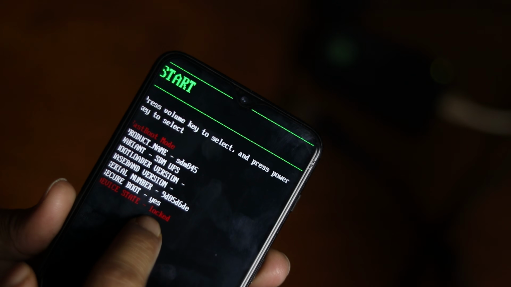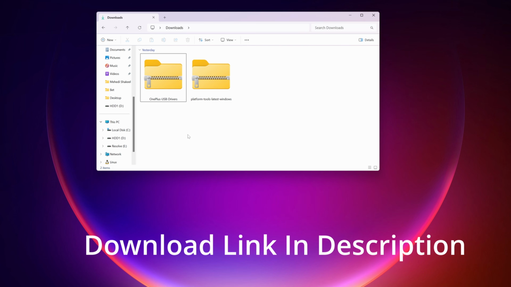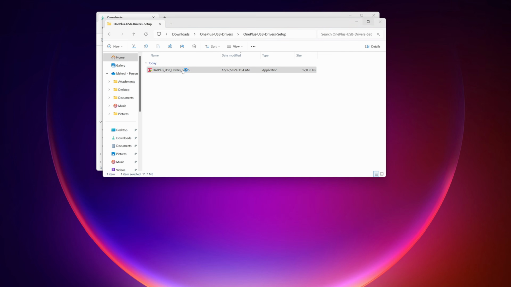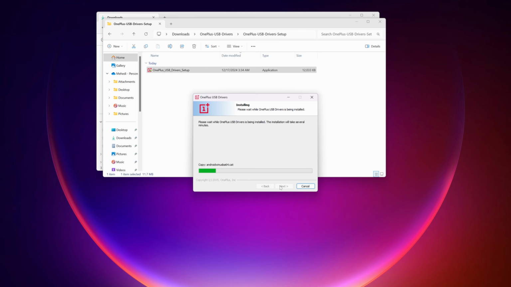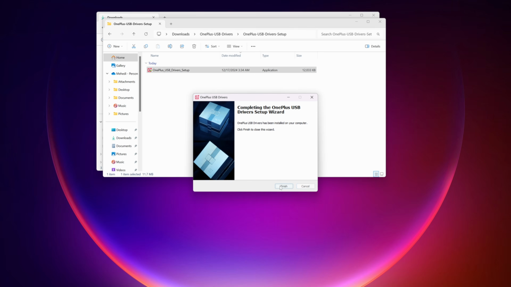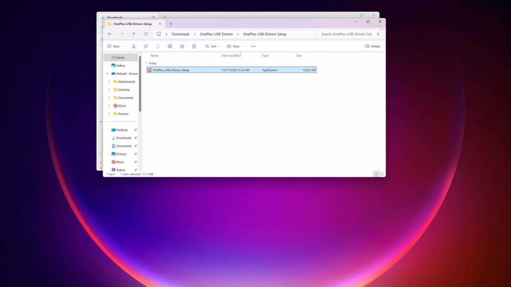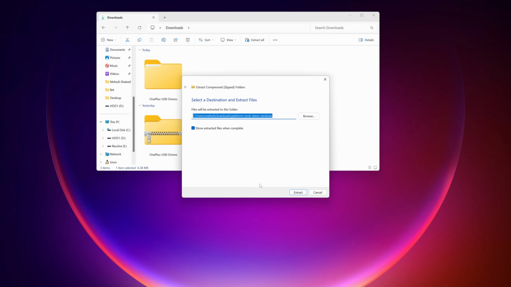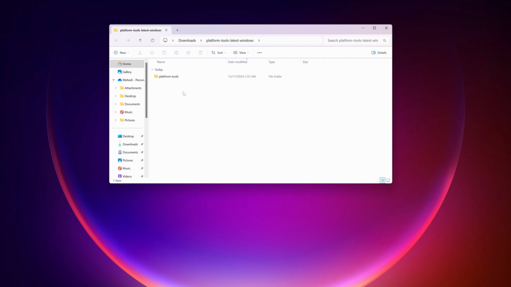Now get back to your computer, and on your computer you have to download 2 files: the USB driver for your OnePlus device and the ADB platform tools. Now first extract the USB driver folder and install the OnePlus USB driver on your computer. Now after that, extract the ADB platform tools and go to the platform tools folder,